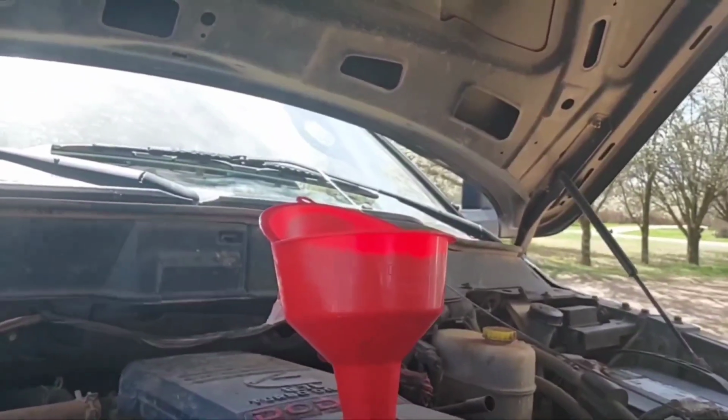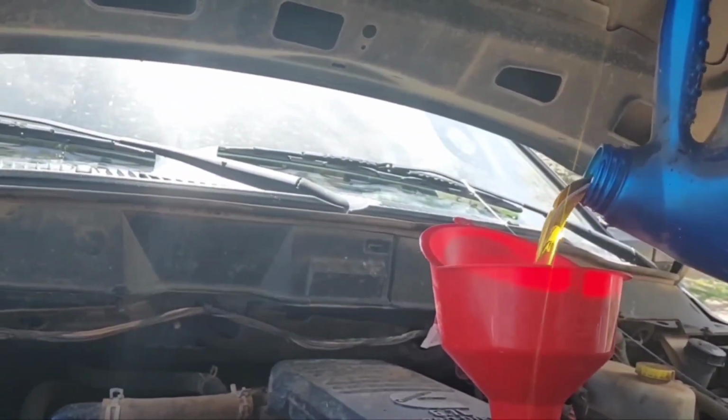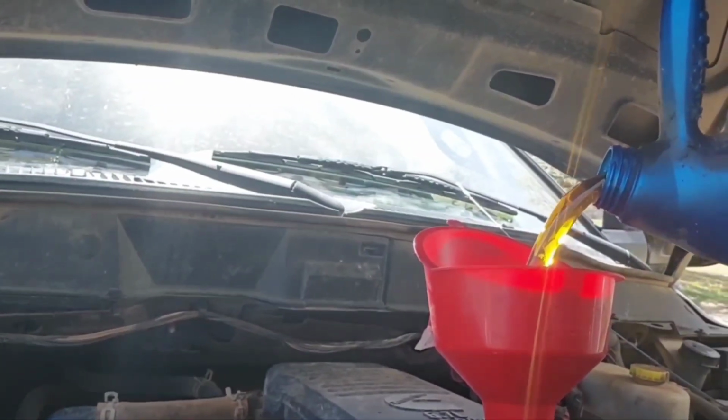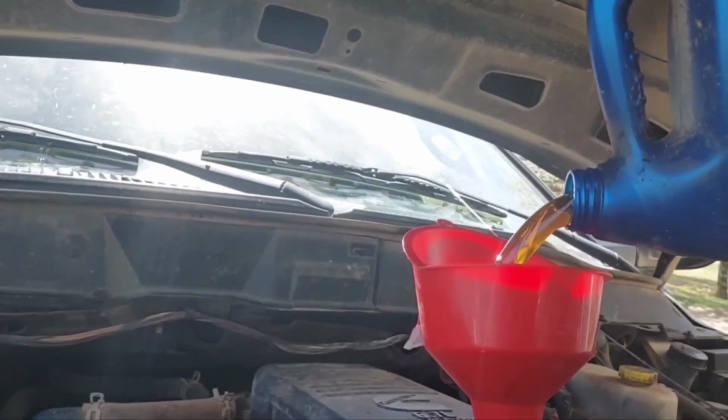Sound like the keep-her-cool juice has done quit flowing. So now all we got to do is finish topping off the keep-her-spinning juice and